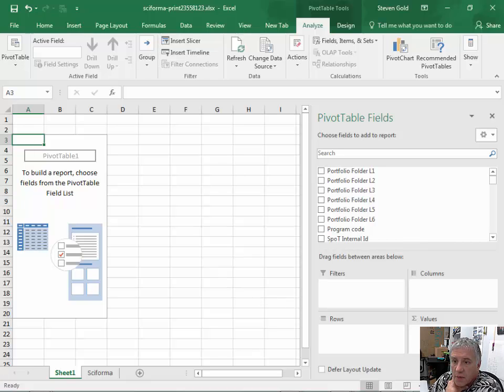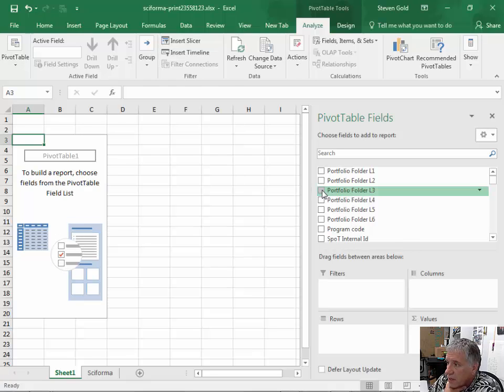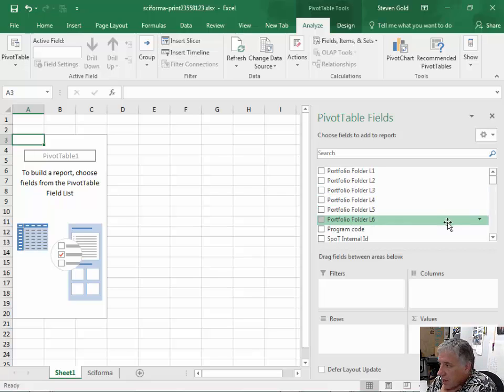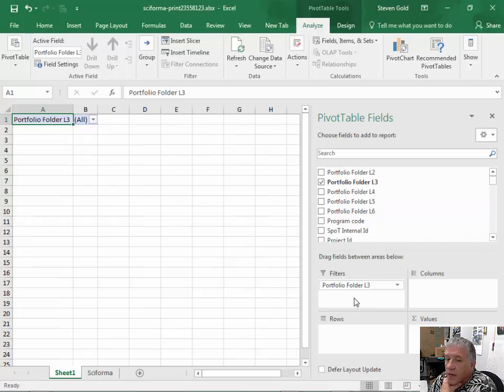Now the information I'm interested in is I want to see a filter on this column right here, which will allow me to just look at the PAC items. And that filter, I selected it, L3, that should go right down here to the filter section. Okay. Now on the rows, I want to see project name,